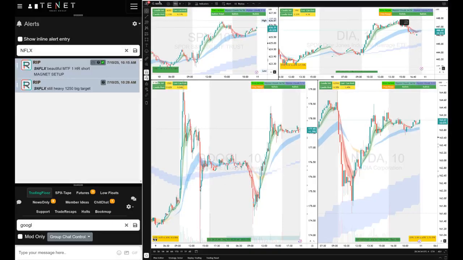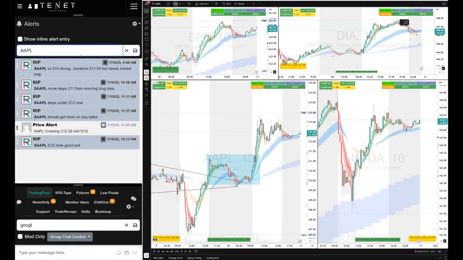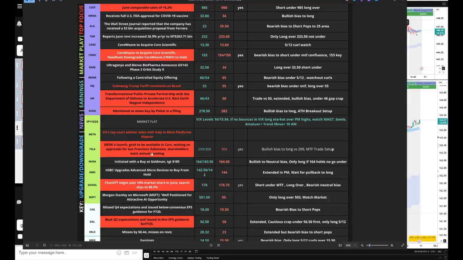All right, so let's look at Apple. So Apple was relative strength, right? We know that there's some relative strength. Apple is part of S&P as well as part of QQQs. So what was the plan on Apple? Let's go back to our game plan. Let's look at what was the plan on Apple.